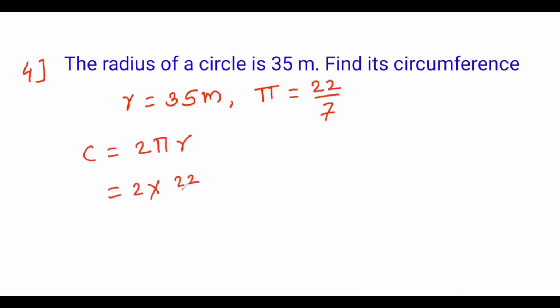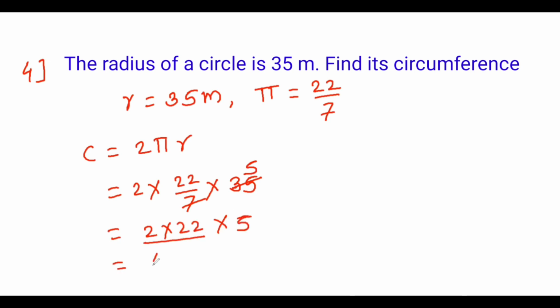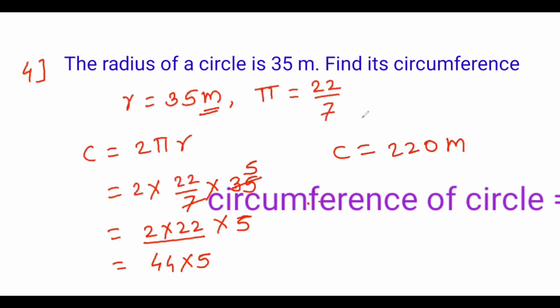We put in the value 22 upon 7 into 2 into 35. 7 5s are 35. 2 into 22 into 5. So the answer will be 44 into 5. 5 4s are 20, so 0, and carry 2. 5 4s are 20 plus 2 is 22. So the answer is C is equal to 220 meter. Look at here,